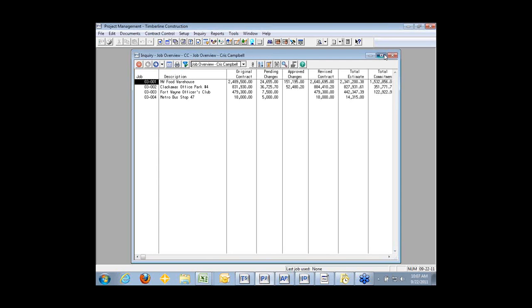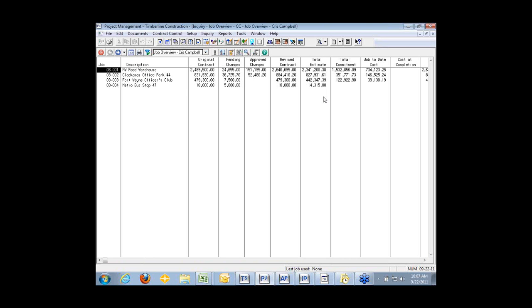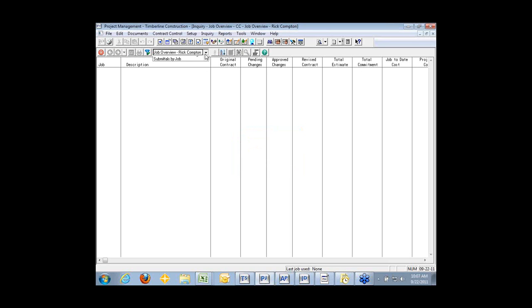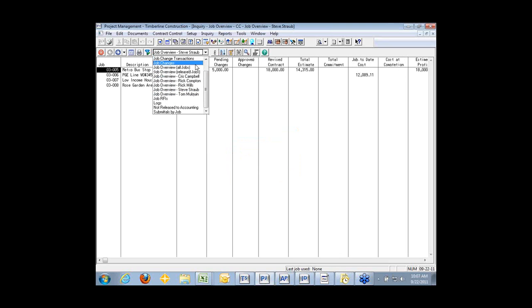So this is our job overview inquiry. Now I've actually changed my screen resolution to be a little more friendly for the webinar, but I've got a bigger screen and I can see all this data from one end to another on one screen. So this list here is all of Chris Campbell's jobs, and up top in the inquiry view, even though we started him here, we're not secretive between the teams. We actually share information. He can switch to, I guess Rick Compton doesn't have any projects. He can switch to other project managers and see their workload also,